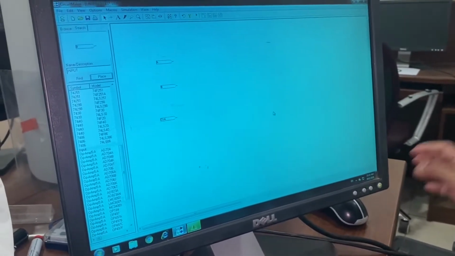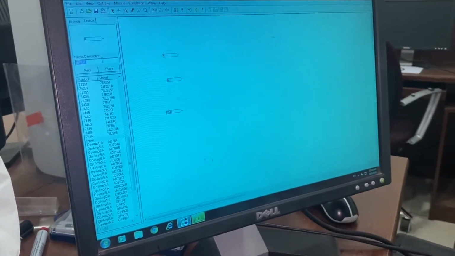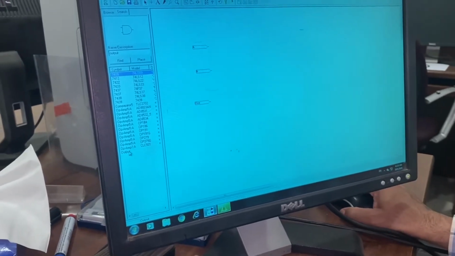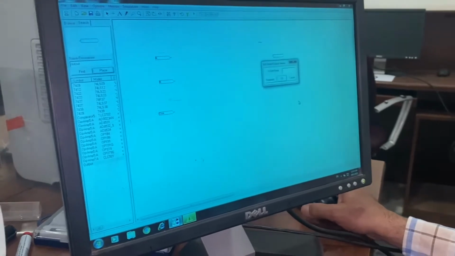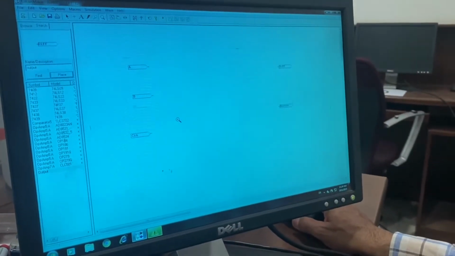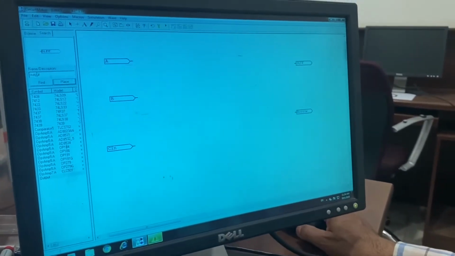Okay, 3 inputs. 2 outputs are required for your circuit diagram. Output means you have to write output. And you have to put it at the last one. This is the output here. Select and place it. This is your sum. If you need more, it is bigger, you can make it like this. The circuit will become more clear.